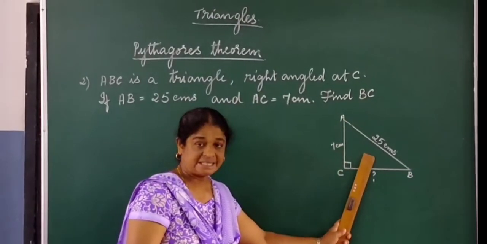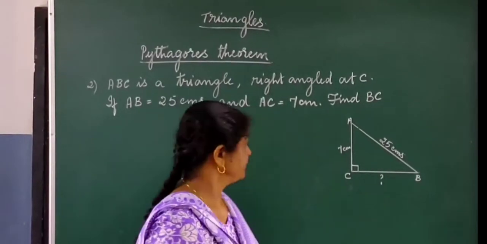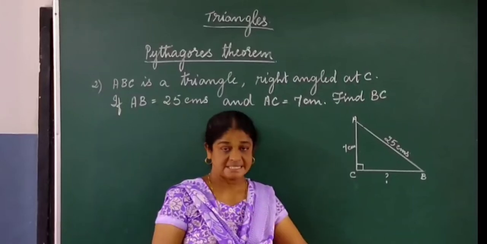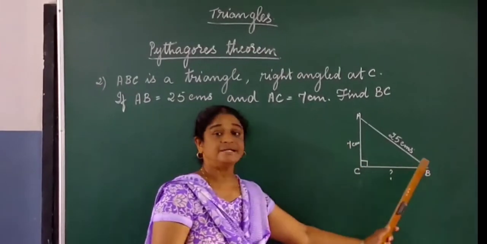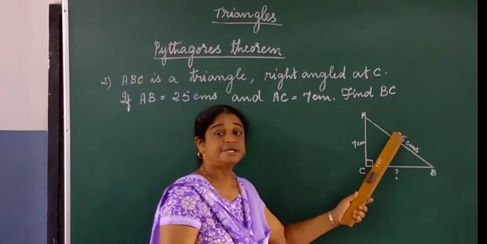Now since it is a right angle triangle, we are going to apply the Pythagoras theorem. The Pythagoras theorem tells us that in a right angle triangle, the square on the hypotenuse. Now here, hypotenuse